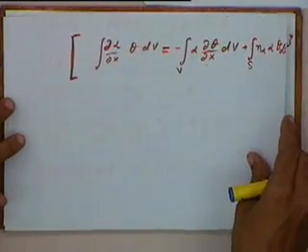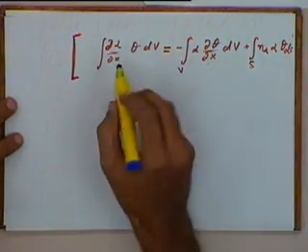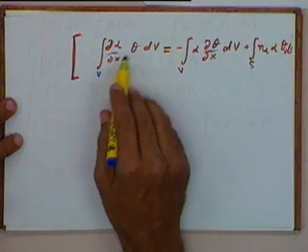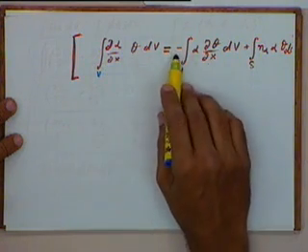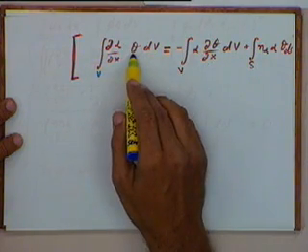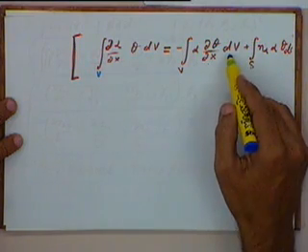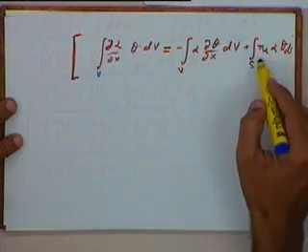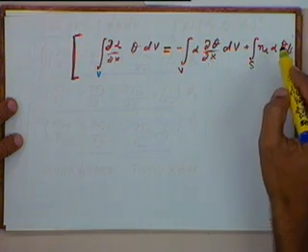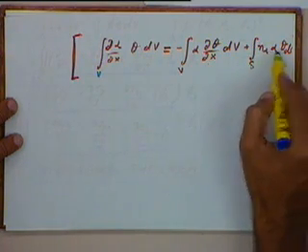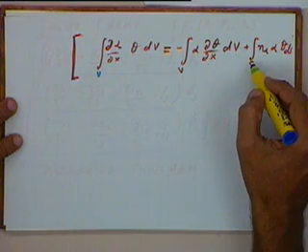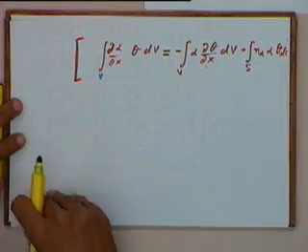Now, in order to simplify this integral, we will be using what is called the divergence theorem. If we have a term alpha and a term theta, and we want to evaluate the volume integral of del alpha by del x times theta dv, that will be equal to minus the volume integral of alpha times del theta by del x dv, plus the surface integral of n alpha times alpha times theta ds. So, this is what we call the divergence theorem.